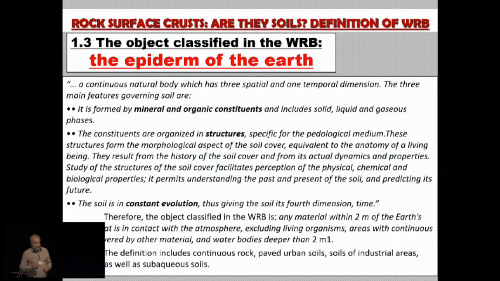I think that within the scope of this idea of the epiderm of Earth, these kinds of bodies could also enter into the classification scope, because they in fact fit many of these demands expressed here as the definition of the object of soil classification. We could talk about a multi-phase system, about some structures, and about constantly evolving objects. I will try to prove it